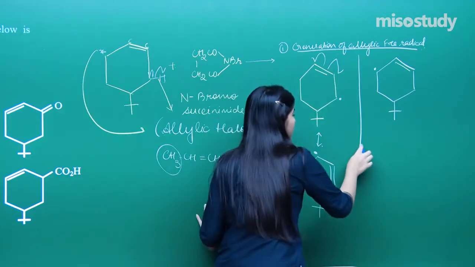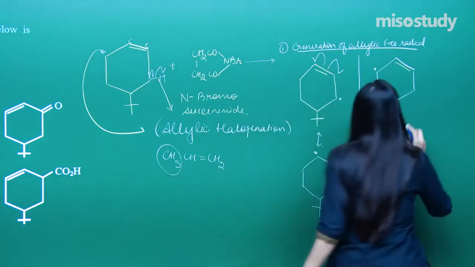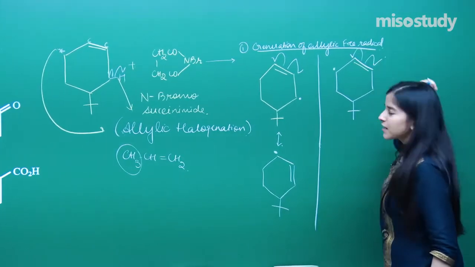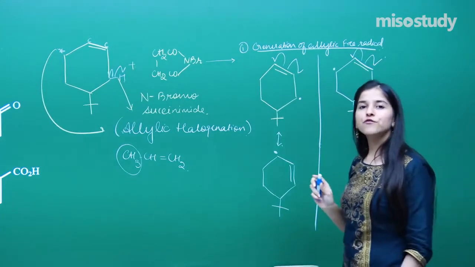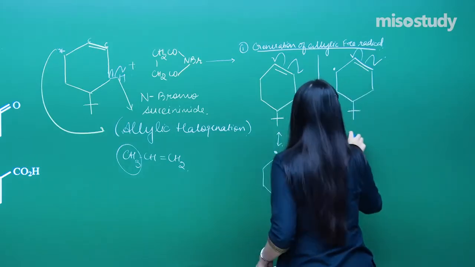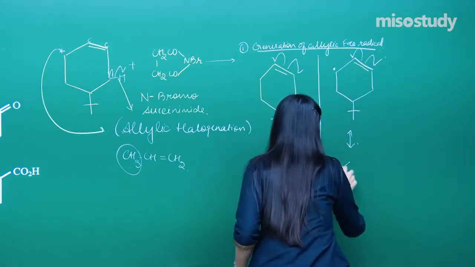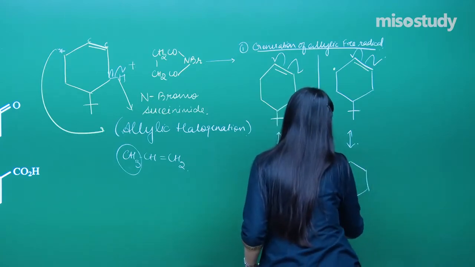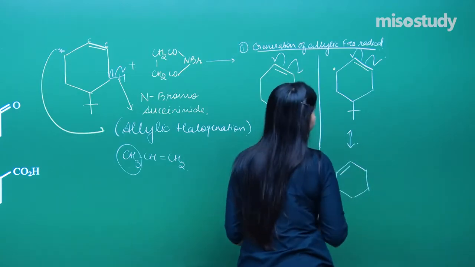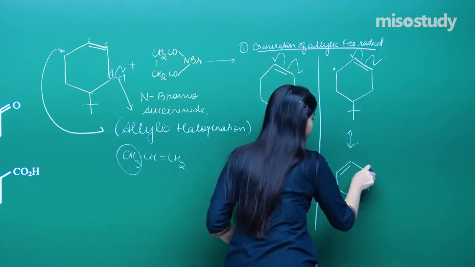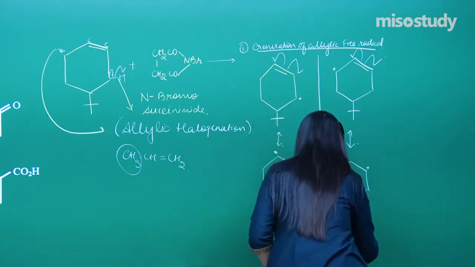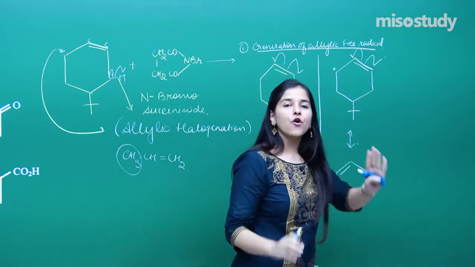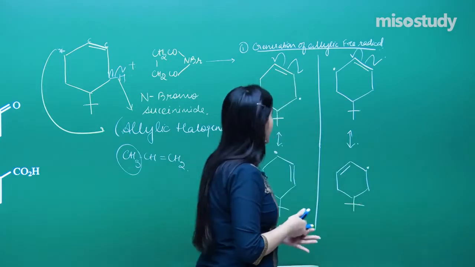So I hope you all are following up very well. So in this very case, what is happening? Again, that is how the resonance stabilization in the case of free radicals will be. So I'll be getting a structure something like this. Double bond here and a free radical generated over here. So that is how my compound will be in the case of free radical halogenation.